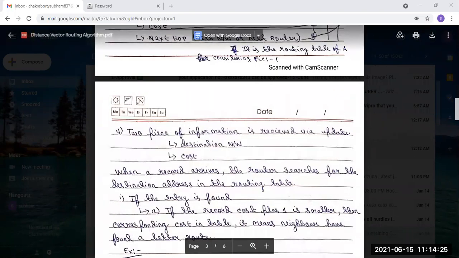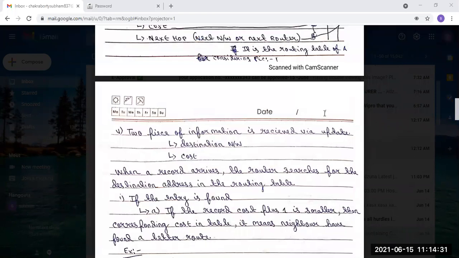The next point is that 2 pieces of information are received via an update. Previously we saw that the link was destroyed and B sent an update to the A router. Now, when an update comes, 2 pieces of information will be received.